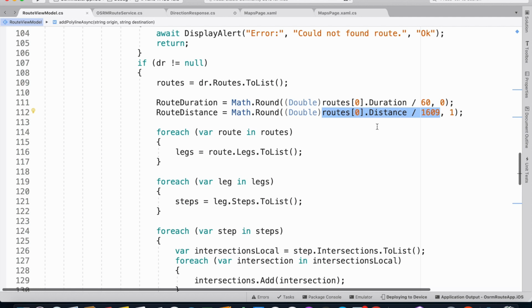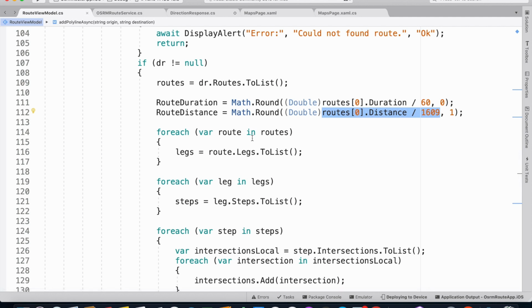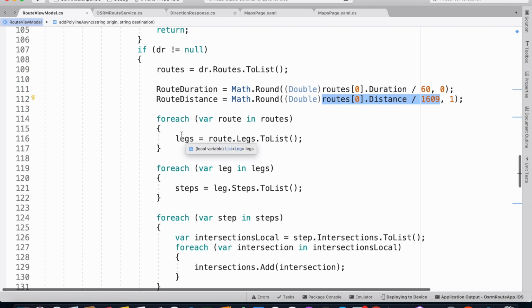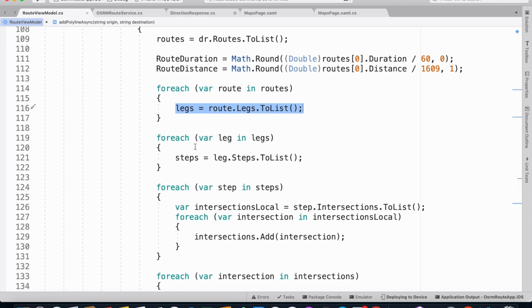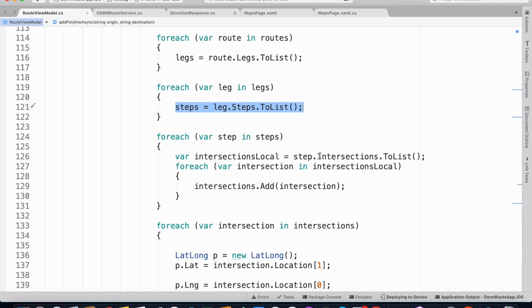Inside the route object, we retrieve all the legs, and for each leg we get all the steps into a list. Inside the steps we have all the intersections. So again, for the intersection, we say